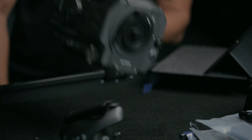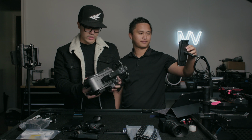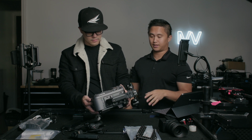Yeah, it is. And they took all the improvements, and a lot of the button notes from users of the FS7, to improve the ergonomics, which is really cool. It's nice to see. And this camera is very, very exciting to me because I think the reason everyone's talking